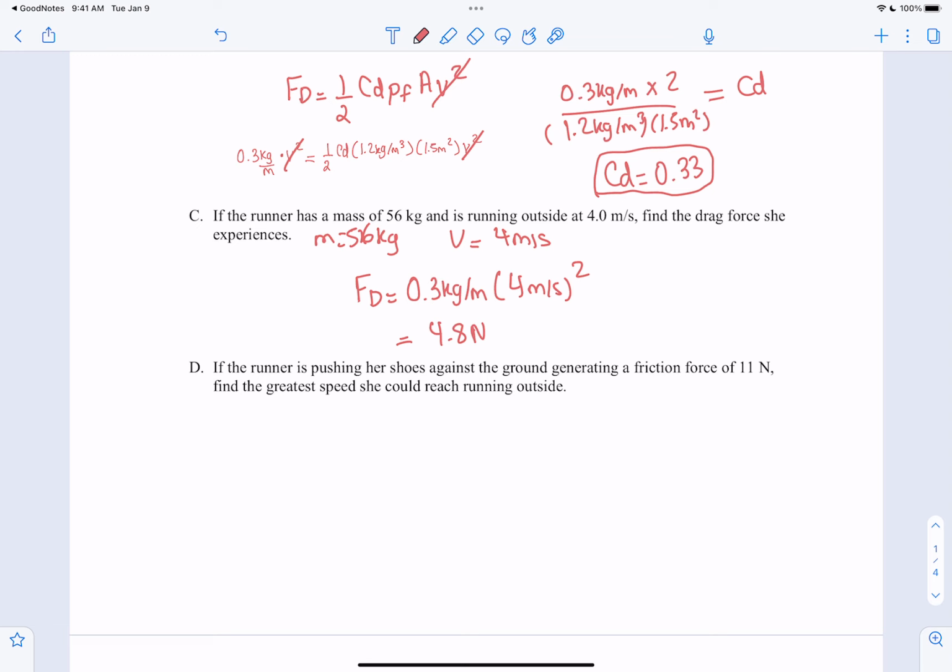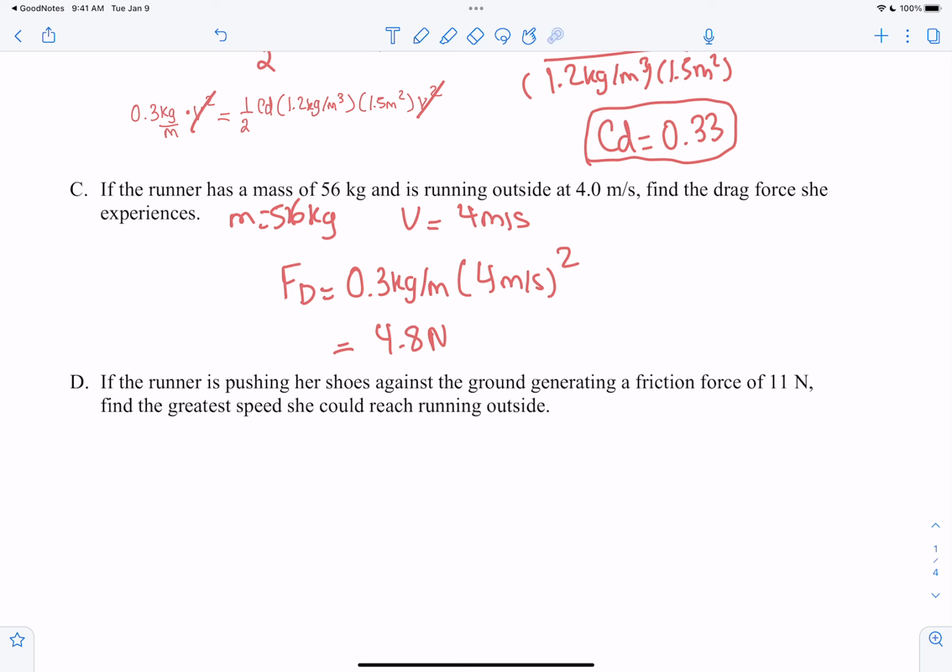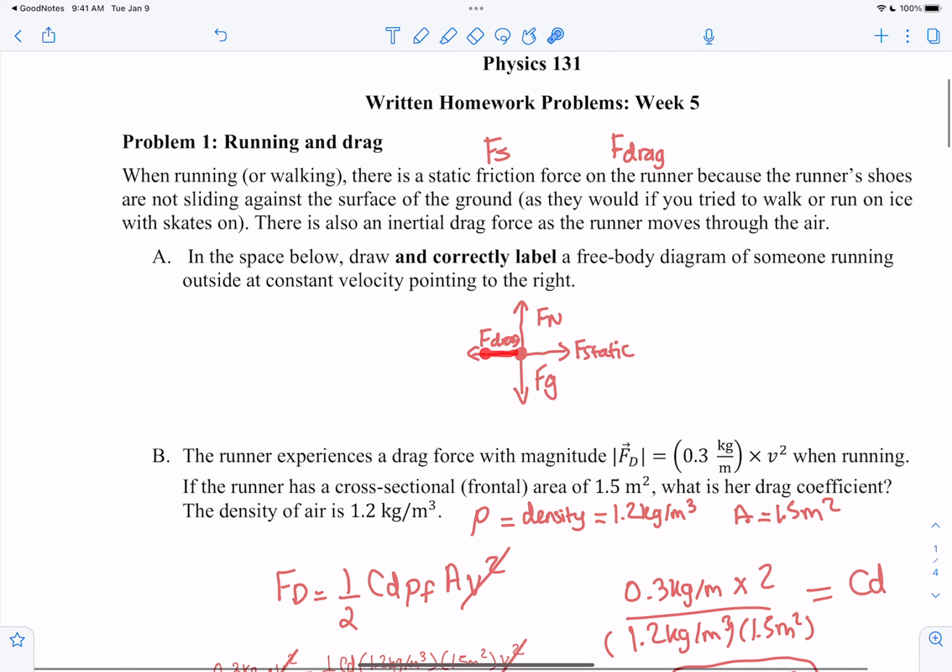If the runner is pushing her shoes against the ground, generating a friction force of 11 newtons, find the greatest speed she could reach running outside. So, thing is here, if we're looking for the greatest speed she could reach, right, and we have this drag force acting on her, this greatest speed actually refers to a concept called terminal speed. So if we're looking for the greatest speed she could run with outside, when drag force is acting on her,